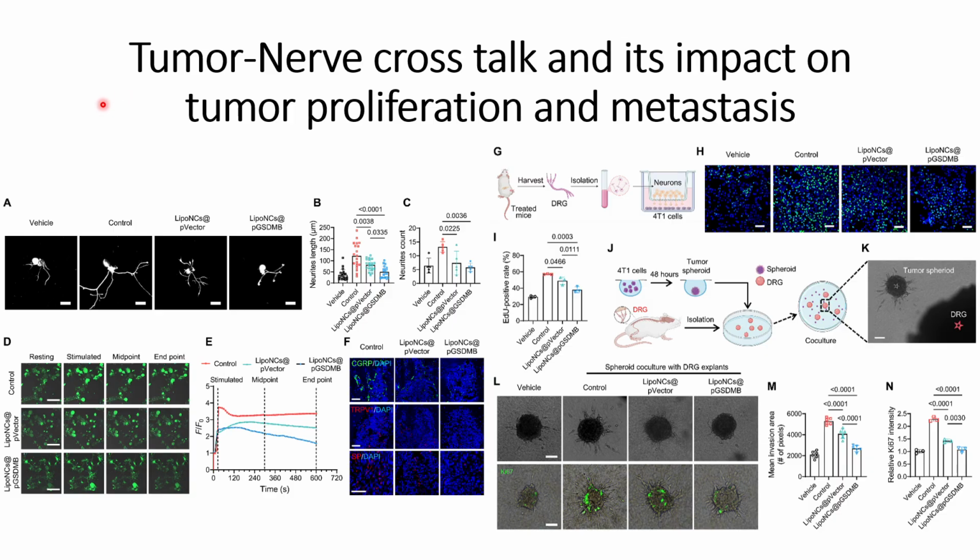So here they wanted to check the tumor nerve mechanisms. One thing they wanted to check was whether the proliferation or infiltration of the nerve into the tumors occurs, or is reduced, or not affected by this